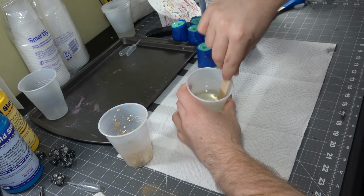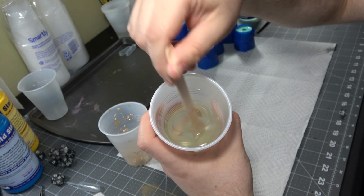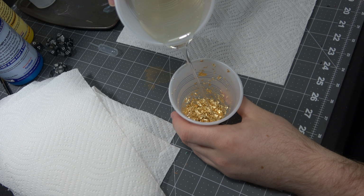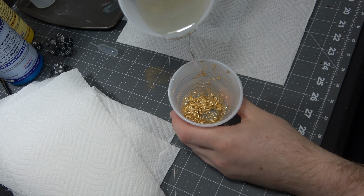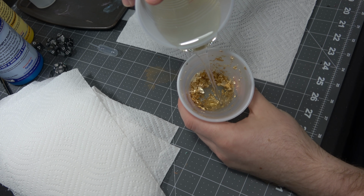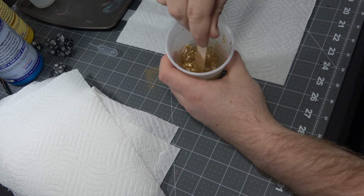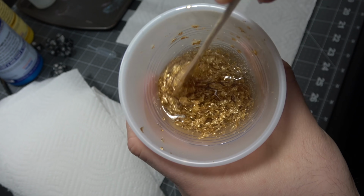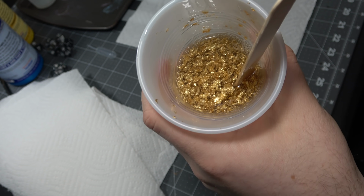Doing this again is another mix it till your arm falls off kind of day that you have to do, same way with the silicone. Now I go ahead and pour it in with the gold, and there's so little gold because it's very thin, this actually won't weigh your dice down, so it's gonna be a pretty well balanced dice. At least it was when I tested it at the end. Mix this up for a good minute or so. We want to make sure that there's no piece of gold without any resin on it,